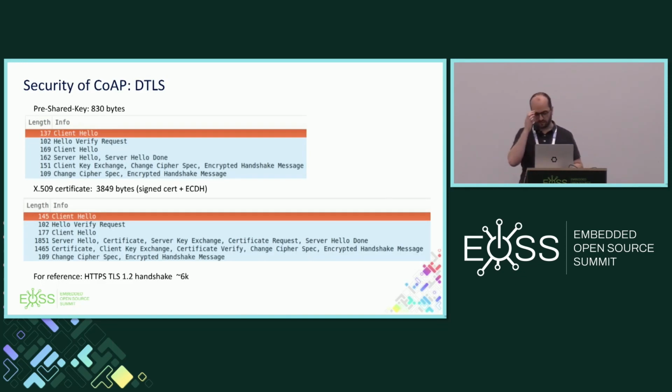Quickly on the security, basically you need to use DTLS. You have another solution which is OSCORE, but OSCORE is not very popular. I would say there are not a lot of open source implementations. The main cost of DTLS is that you need to do the handshake, which is going, of course, to cost you time and bandwidth. But you have a nice protection against denial of service,